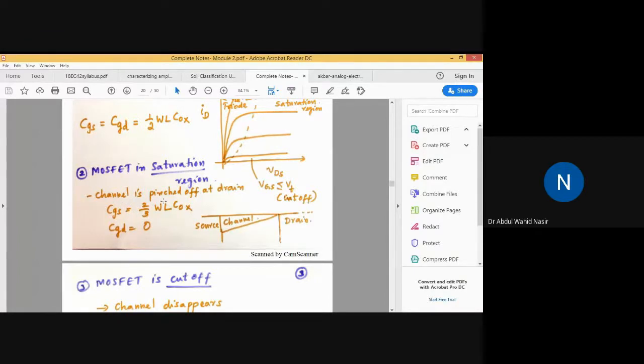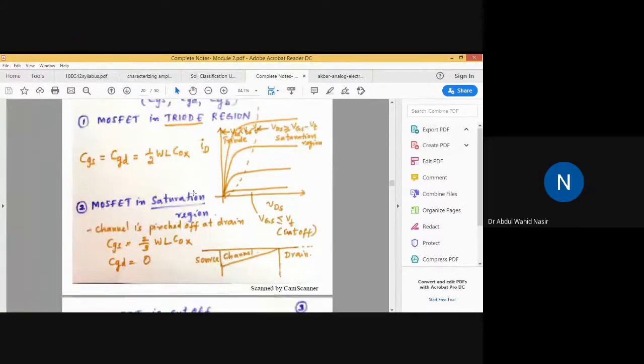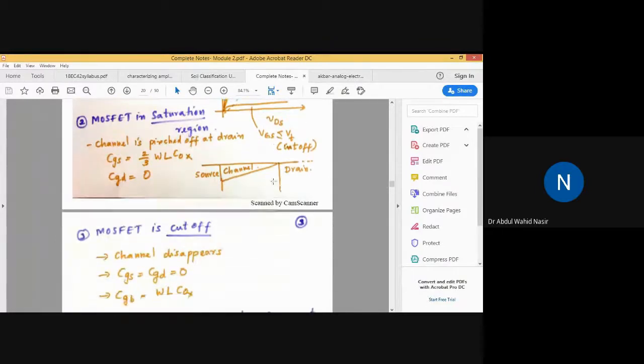You should just be knowing. Okay. Now the third is when the MOSFET is in cutoff mode. So cutoff. Now when VGS applied is less than VT, it will act as off. It won't work. It will not have any sufficient voltage. So in that mode it will work as a cutoff region.